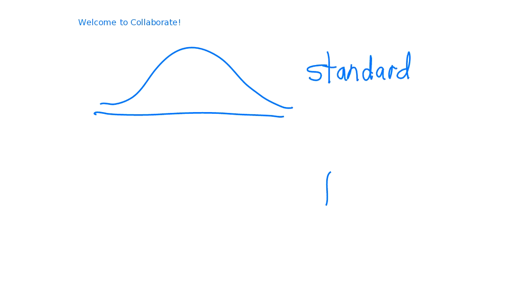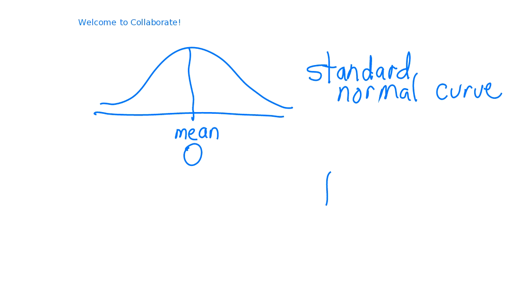The normal curve, okay, and let's start with the standard. Now, what makes a standard is that the mean is 0. Now, never in your life, probably, are you going to have a mean that's 0. So that is why we have a normal curve, and we use the z-score to go back and forth. So I'll draw a picture of that in a minute. Okay, 1 standard deviation away, 2 standard deviations, and usually there's not more than 3 because you're getting to the